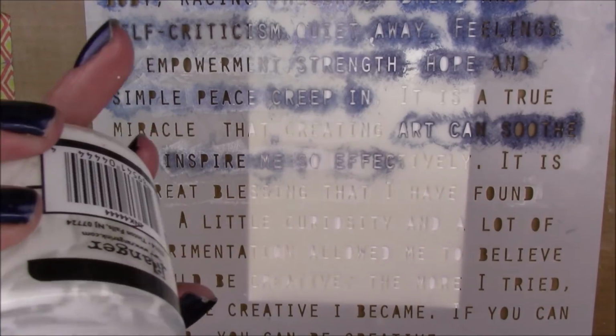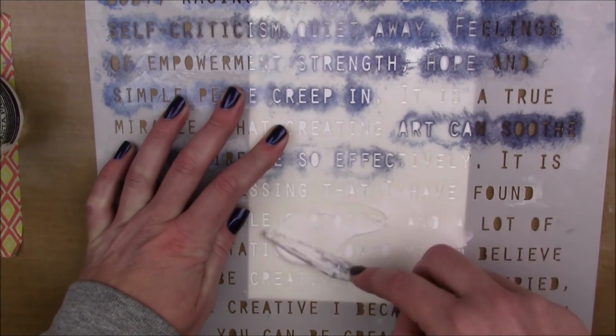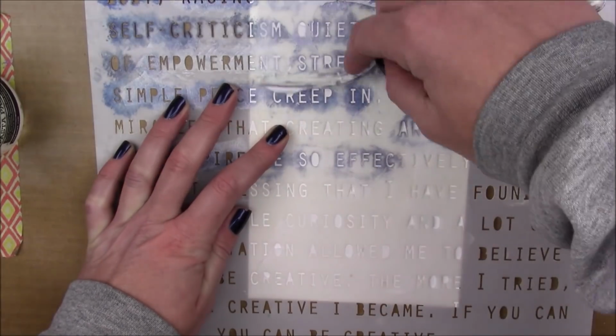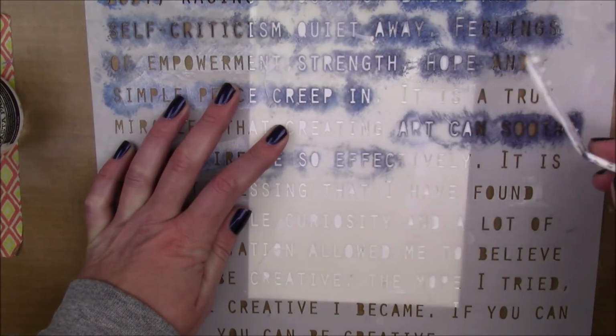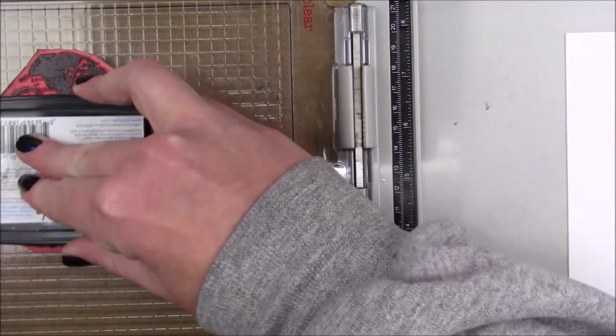I'm starting out on a piece of watercolor paper that has a layer of gesso on it, and I'm taking this book text stencil and using some Ranger texture paste to apply that through the stencil in the lower right and upper left corners. And then I'm going to stamp out my Banksy